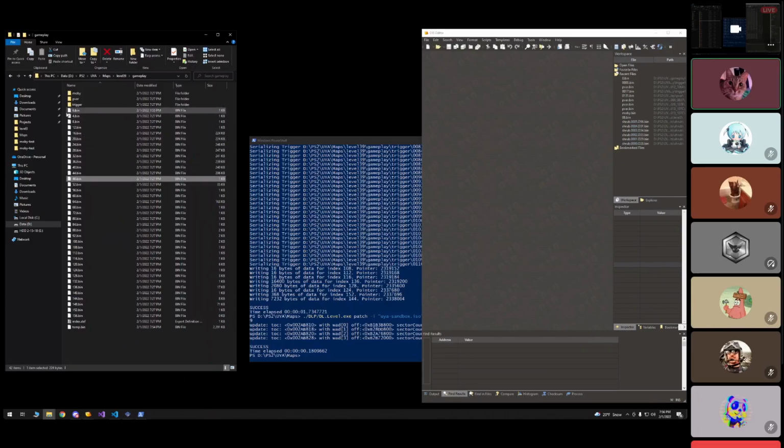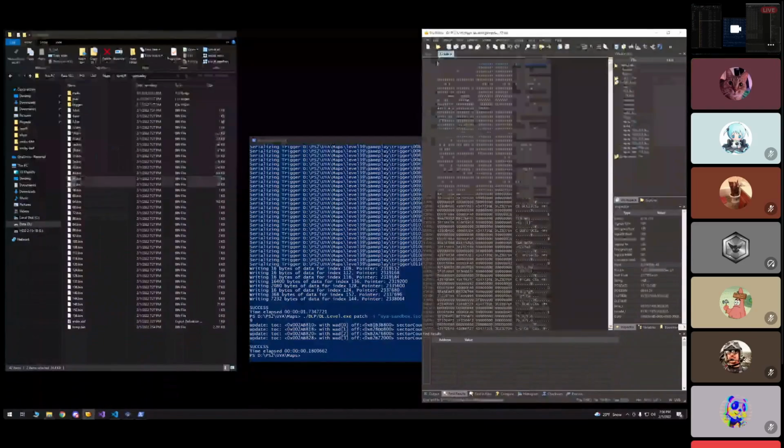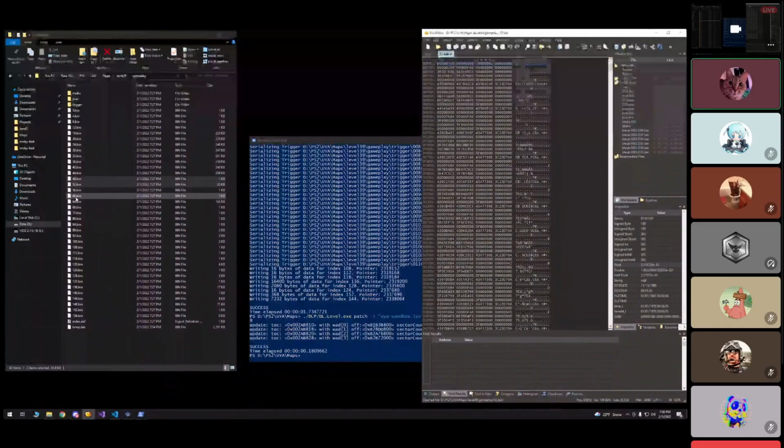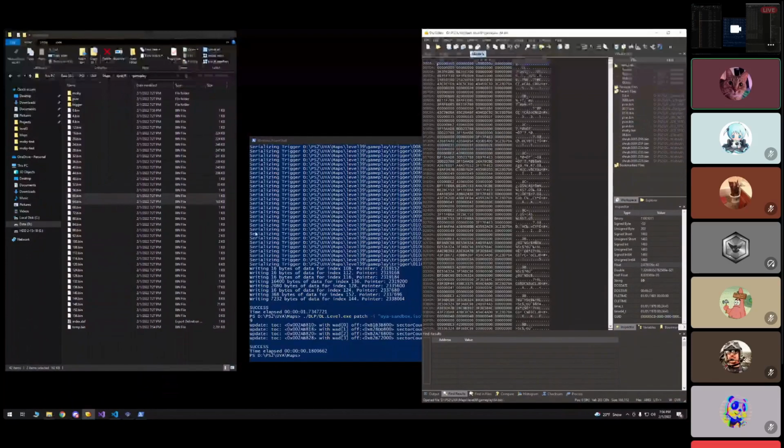There's other parts to it that I won't cover right now, but basically your 48 and your 52.bin are your ties, so your world models. Then you have 60 and 64. Those are your shrubs. We'll open those too. And then lastly, you have